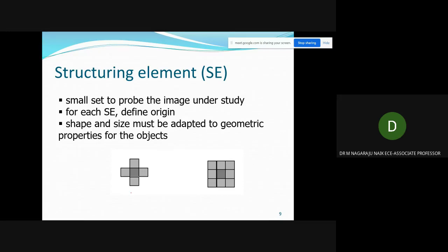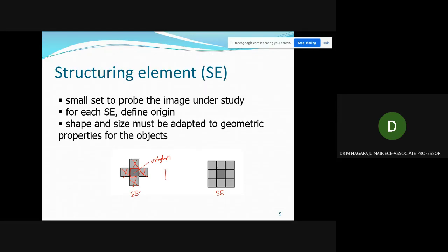Now this is one type of SE and this is another type of SE. Then where is the origin? How can you define that? The center pixel is the origin. The center should be considered as the origin.